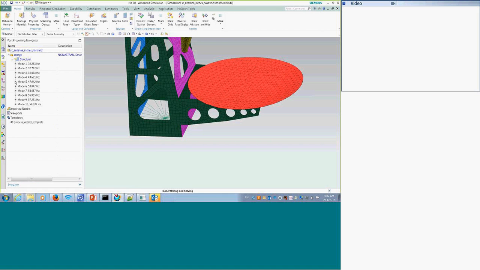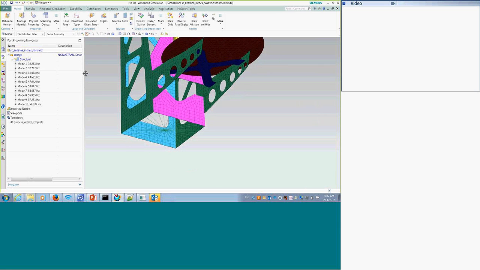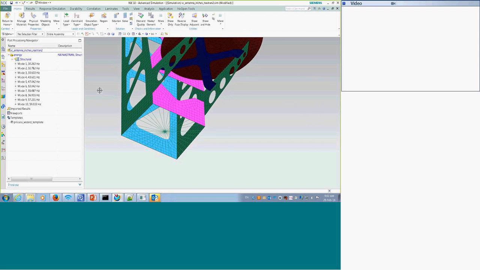So I have a question. Not necessarily to do with the SI toolkit, but you just said you want to have a single node. Yep, so that's fine. But let's say you want to extract 1 sigma, if it's a random analysis, reaction forces at the mounting points rather than just a single node. If I understand it correctly, it's kind of difficult to get that at those mounting points.